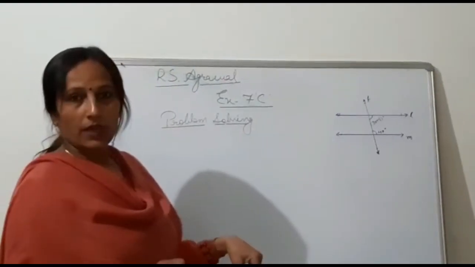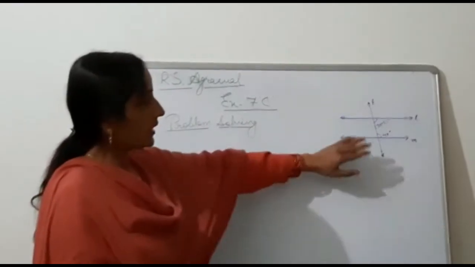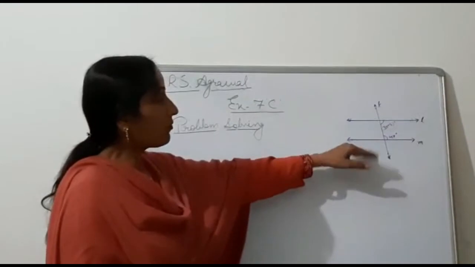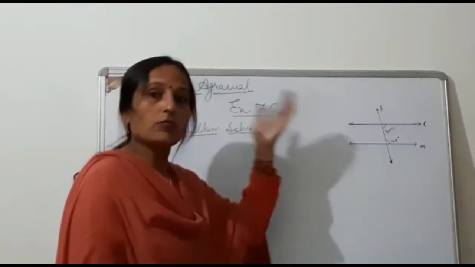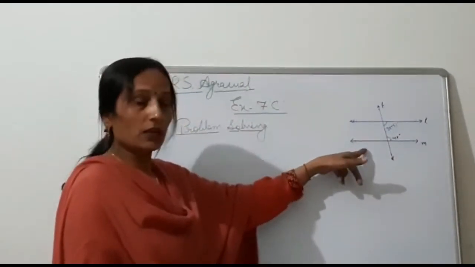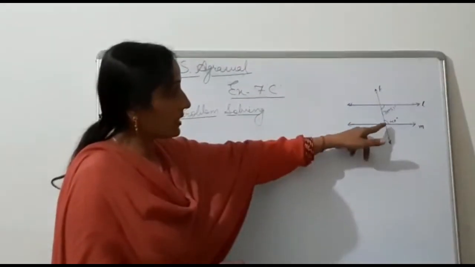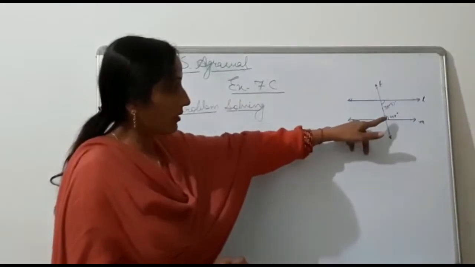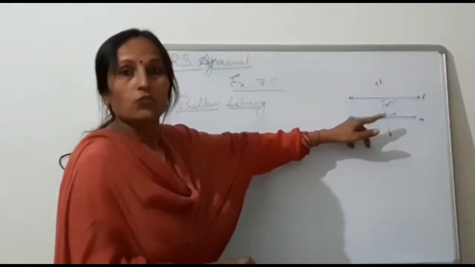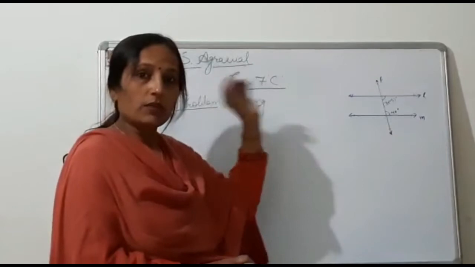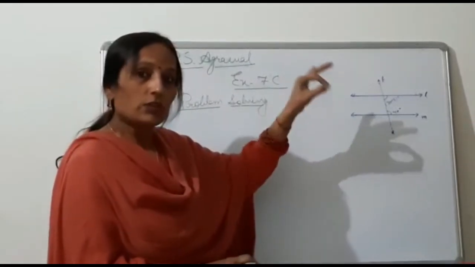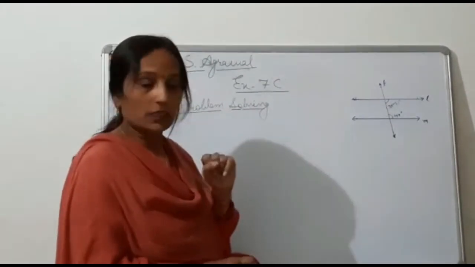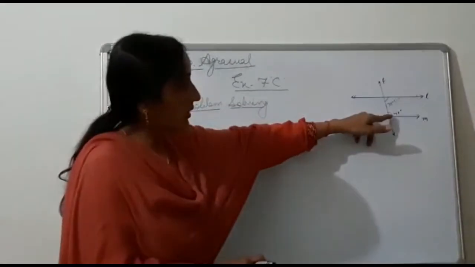Now see question number 5. In this question it is said that these two lines L and M both are parallel. Okay. Then what will be the value of x? Means for what value of x these both lines will be parallel. So what we will have to do, these two angles are given. If both lines are parallel, then the sum of these two angles, consecutive interior angles, should be 180 degree. We know that when two lines are parallel, the sum of consecutive interior angles is 180 degree. So here two consecutive interior angles are given.